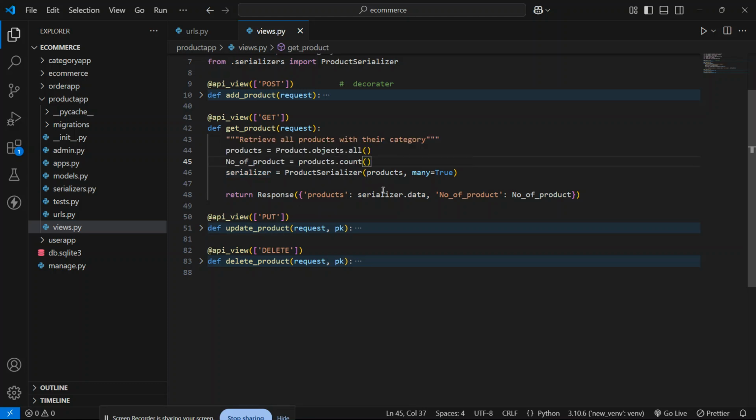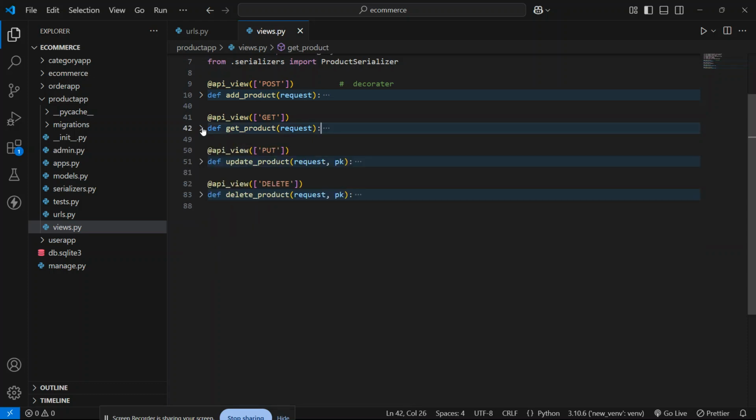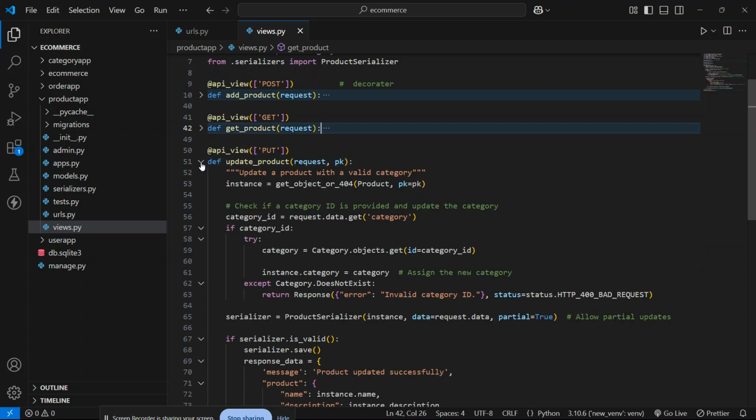After that, through the serializer I am passing this variable, and I'm passing the serializer dot data and the number of products into this response. By this, I am checking the HTTP GET request, and after that, HTTP PUT.